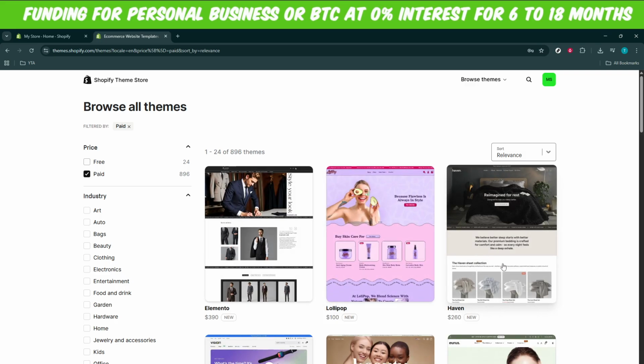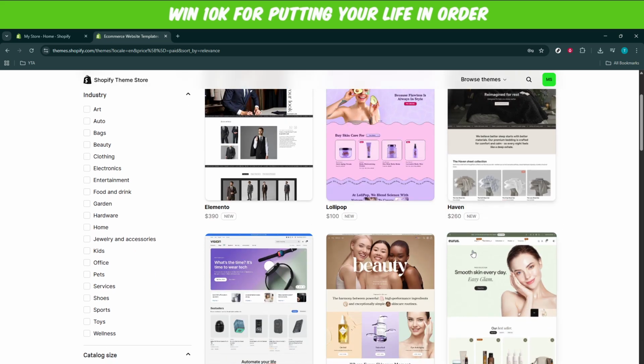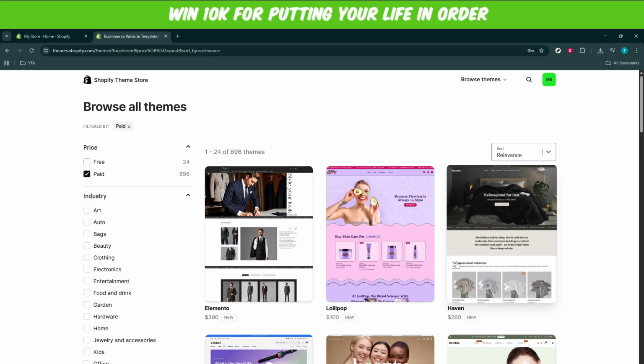Paid themes often provide additional support and robust design elements that can enhance the user experience, but they come at a cost. Think about your long-term goals and whether an upfront investment in a paid theme might be your best move towards achieving them. Understanding the differences between free and paid Shopify themes is an essential step in creating a